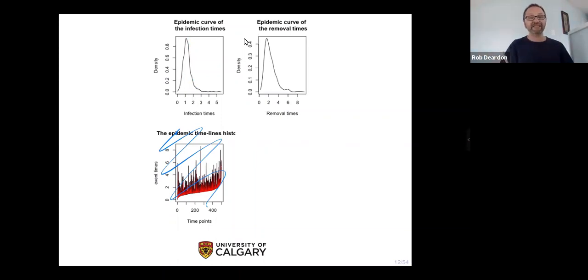But you will see, of course, that this is now not a nice smooth line. It's got little wiggles in, which is most apparent at the end, because it's now stochastic. I then have a second epidemic curve here, which is the removal times. This is the time at which individuals are being removed. If you look, you'll see that the peak of my infection times is around 1, I think just after. And the peak of the removal times is around 2, which of course we expect because our infectious periods came from an exponential distribution with mean 1, rate 1. So that's what we get. The key difference here is it's stochastic,